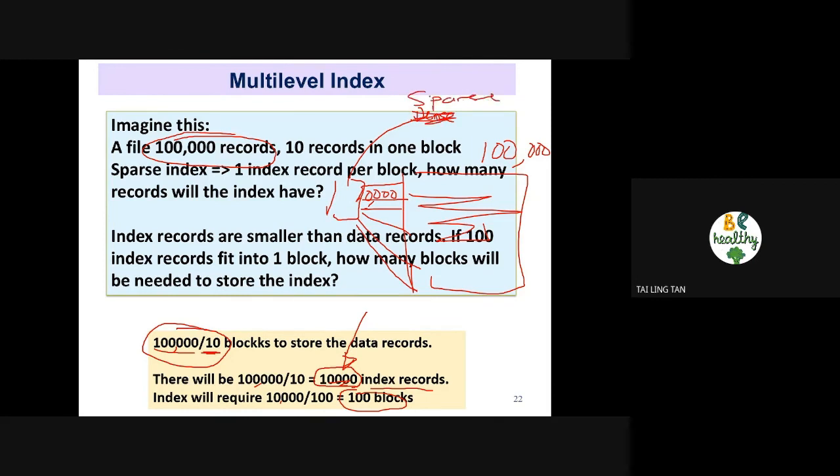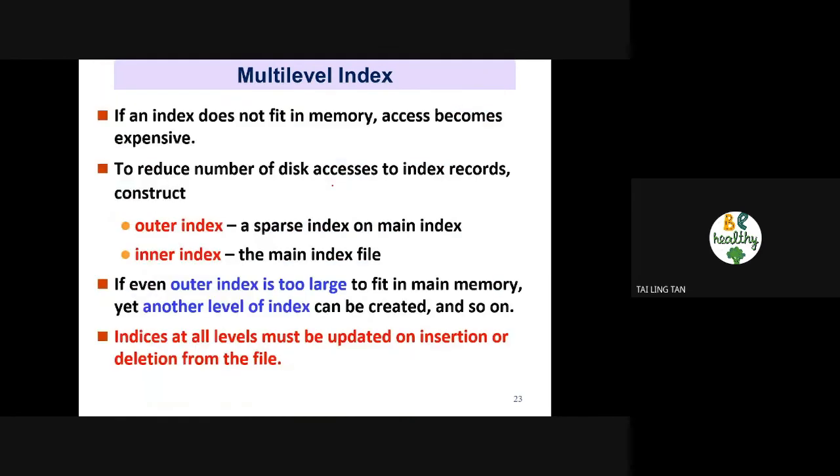Okay, so if we have this, it means we can save a lot. But the problem here is, if an index does not fit into memory, then access becomes expensive. Previously we mentioned that the Oracle database system we use, the Express edition, is limited to 1 gig of RAM to run this database. If your index or table is already more than that, it uses more memory to